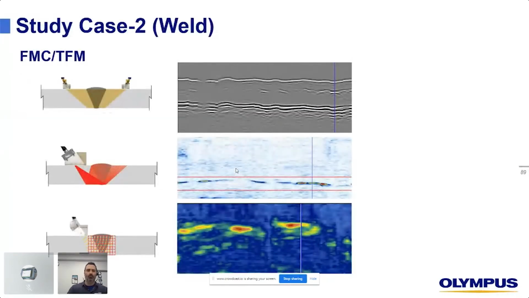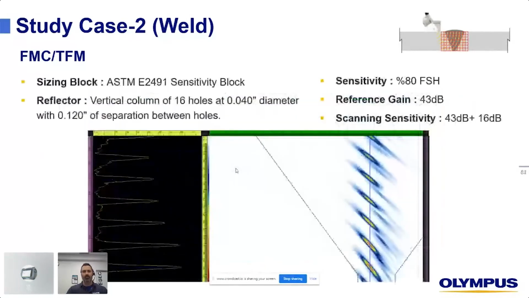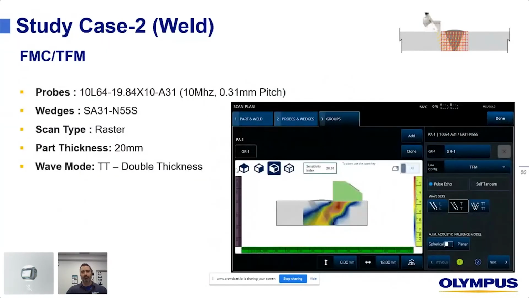Going back to those slides here, we have a linear probe, we have a shear wave wedge, well, you can select L wave. You may not have the best results in the world, of course. TFM is no magic, so that's why having a tool like the AIM helps in preparing your scan plan upfront of your inspection.